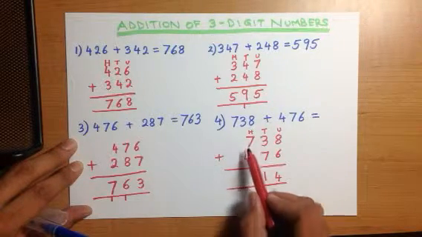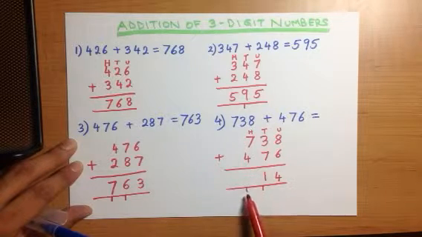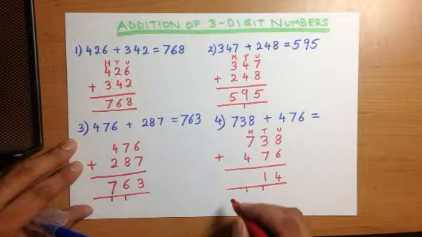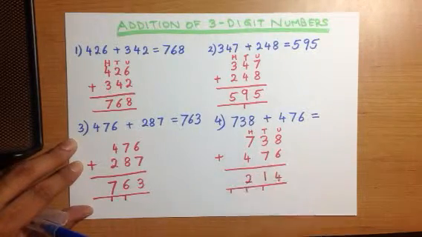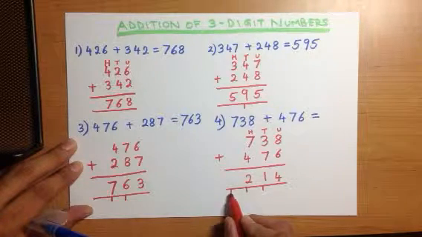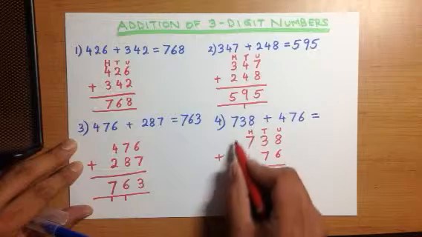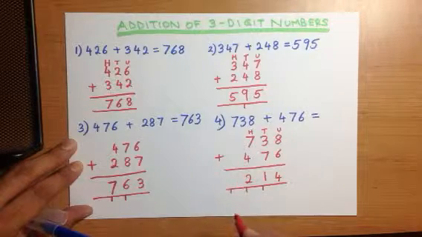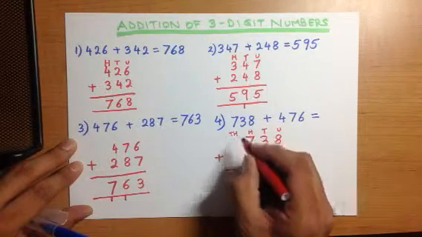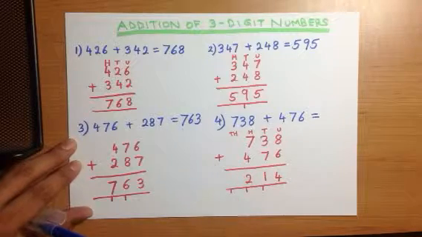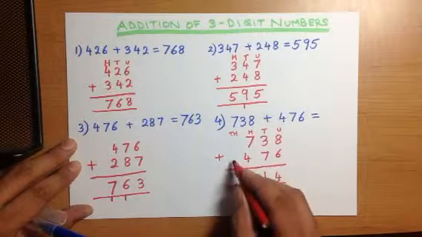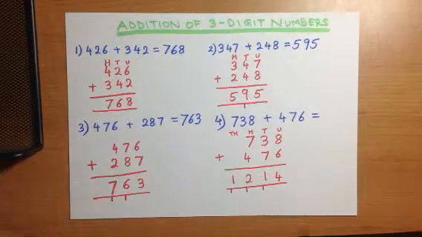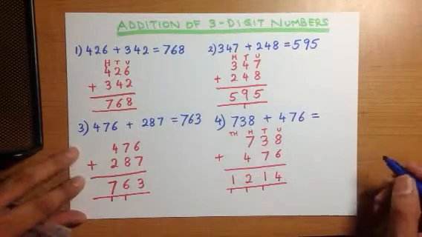We now add the hundreds column. 7 plus 4 plus 1. 7 plus 4 is 11, plus the 1 is 12. Now we put the 1 here. This 1 has now become part of the... Which column comes over here? We've got the units, tens, the hundreds. So the next column is the thousands. And we put a TH here, the thousands column. Because there is nothing here and nothing here, we just add this 1. And that's our answer. So 738 plus 476 is